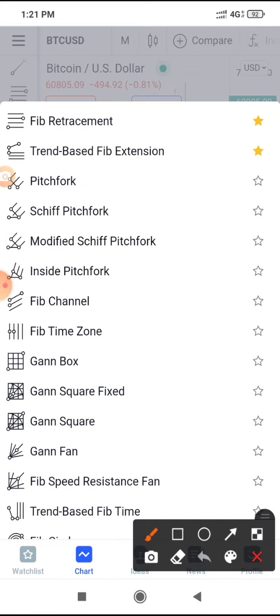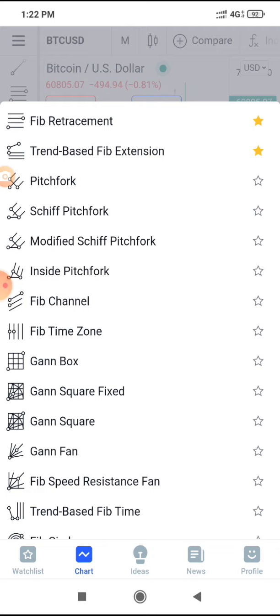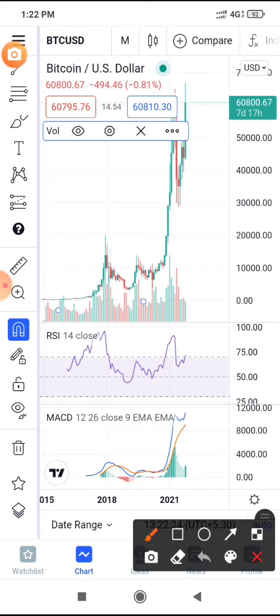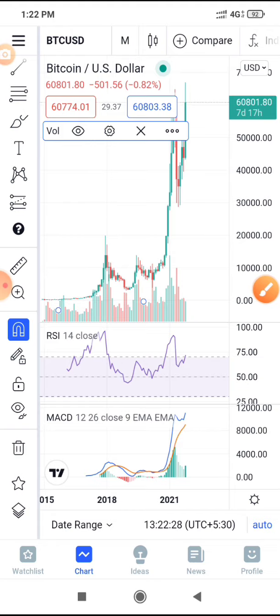The second option after the trend lines is related to Fibonacci extension and Fibonacci retracements. Then there are other commonly used patterns, pitchforks and all. You can go ahead and make some of them your favorites, which will be added to your favorites toolbar. So you don't have to go and open each and every one of these each time. You can use them from the favorites menu bar.